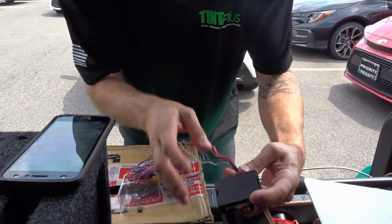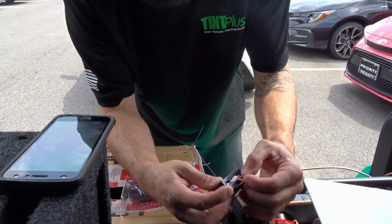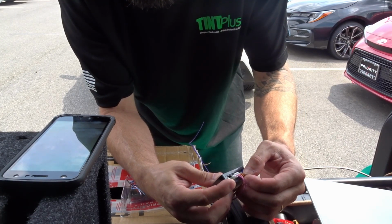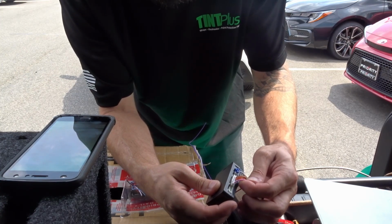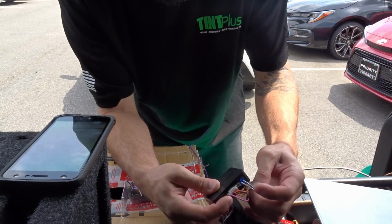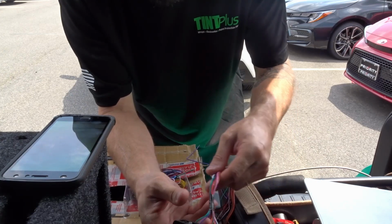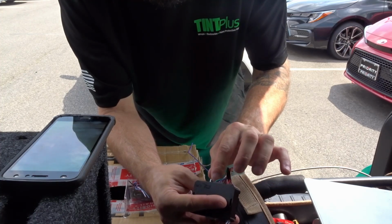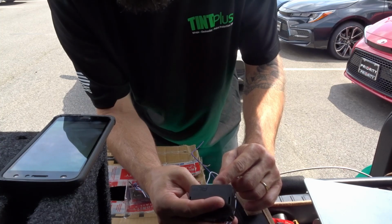This is TL6 firmware, so you're going to need CAN high, CAN low, the orange with black, which is ground, and then you're going to need the orange with white, which is your TX, and then pink for ignition. You also need your white with black and white for your SLP input. And then on the other side, you need the parking lights and the purple with black for your RX, and